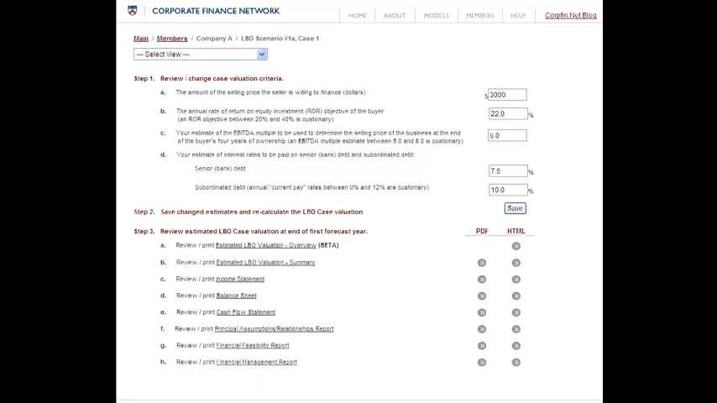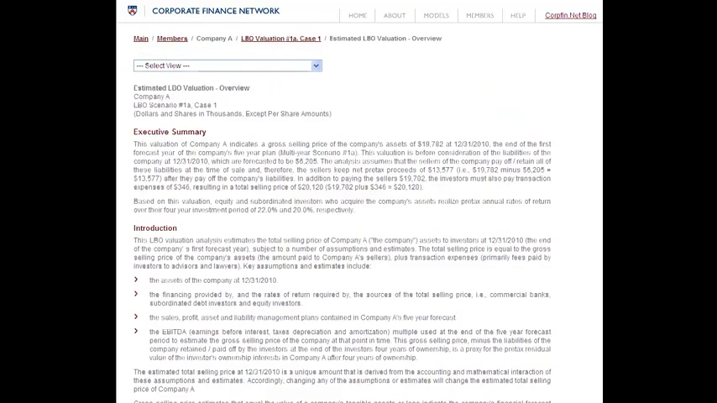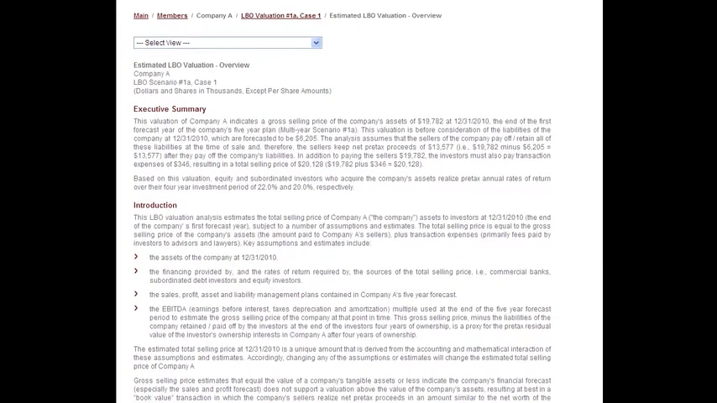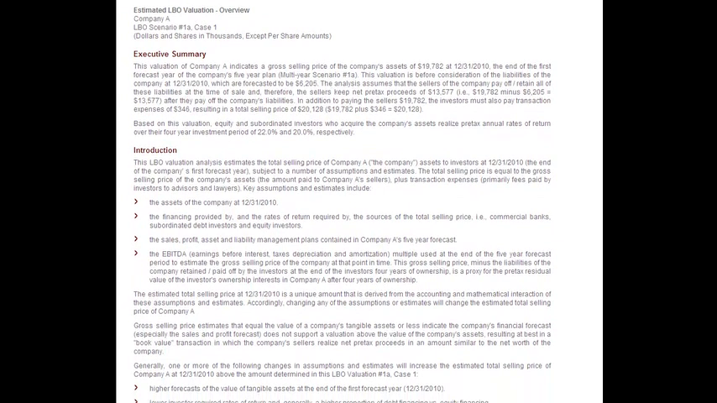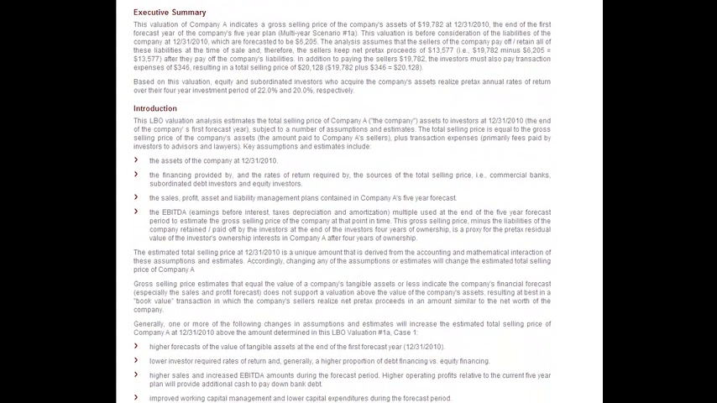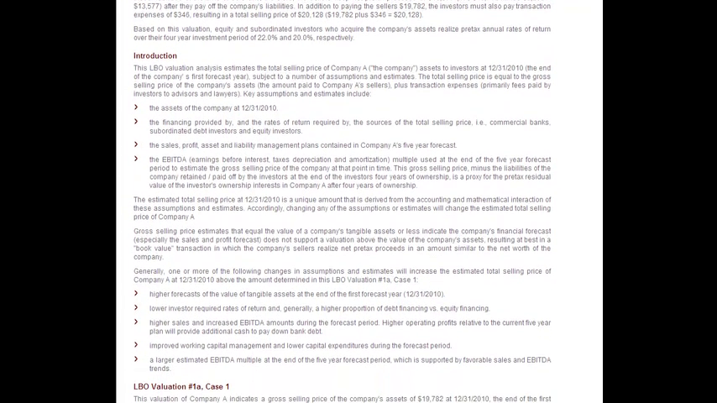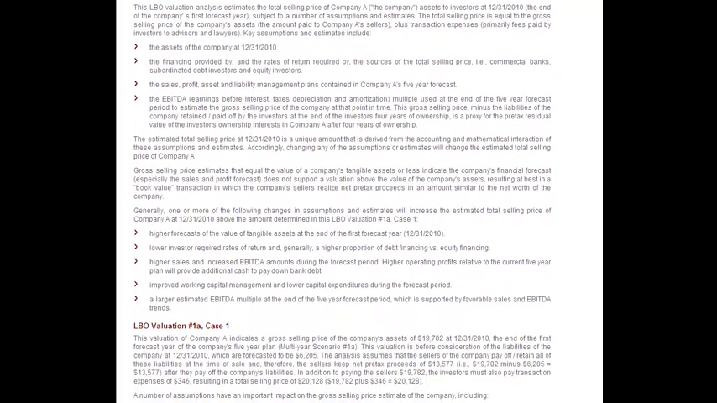The Review Estimated LBO Case Valuation section of the menu lists the output of the LBO valuation model. The reports for both Cases 1 and 2 in both HTML and PDF formats are as follows. The Estimated LBO Valuation Overview Report is a multi-page narrative report that organizes and provides an interpretation of the valuation